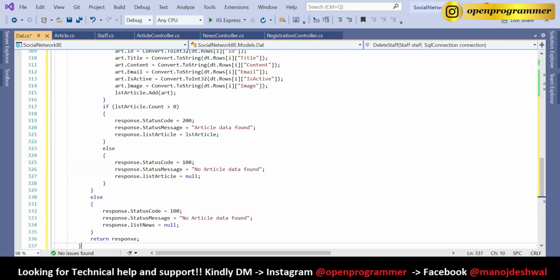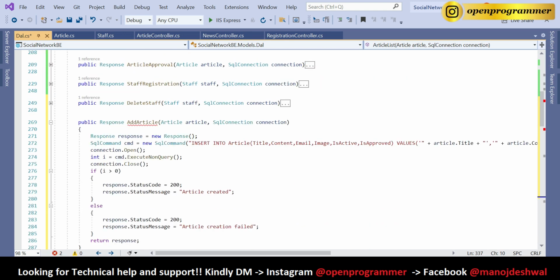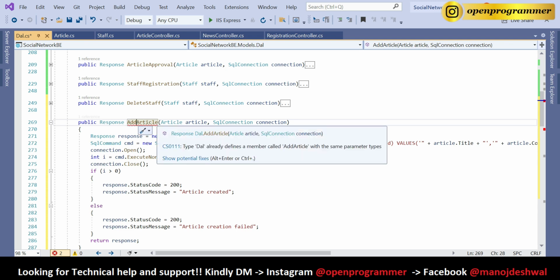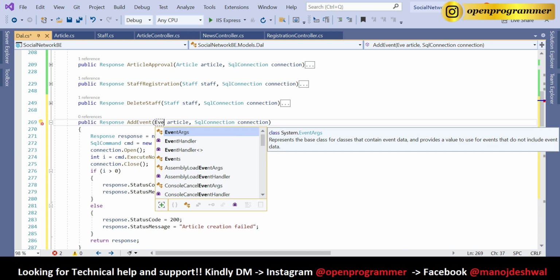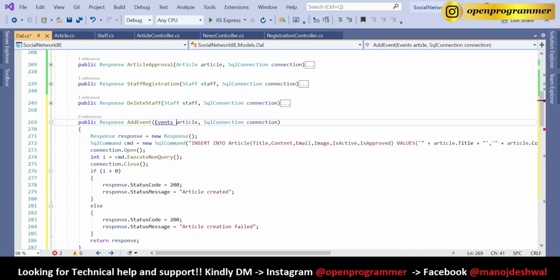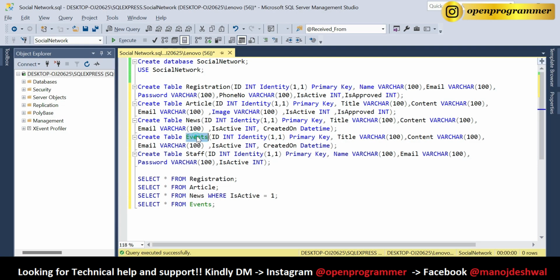So we need these two same methods. We need to change some properties. So that will be for add event, and instead of article, let's pass the event class and copy name as events,